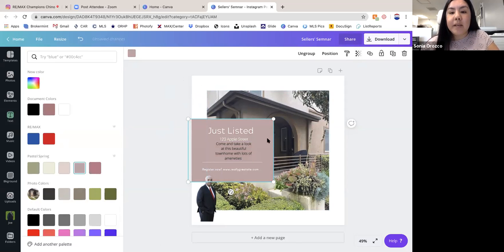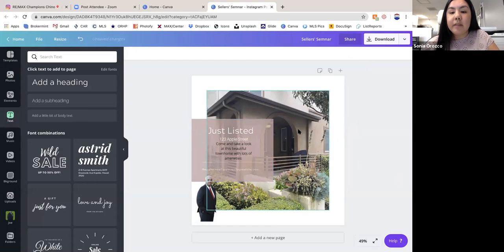And then because it's blocking the image, we're gonna put a transparency on it so that you can see the writing still, but it doesn't necessarily block the house. And I like to use this because I want the sellers or potential buyers, the clients, to reach out to me. So if I put all the pictures of the house, or put everything on there, they won't reach out to you as much as if you just gave them a small glimpse. So I love to use a transparency